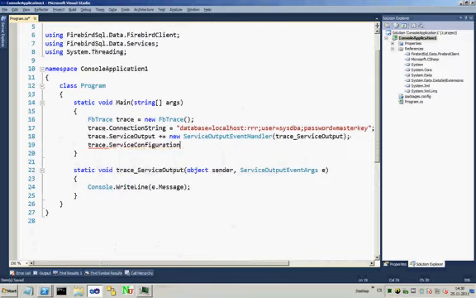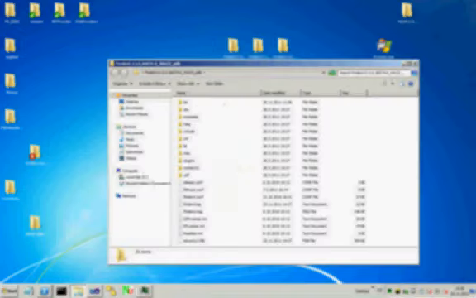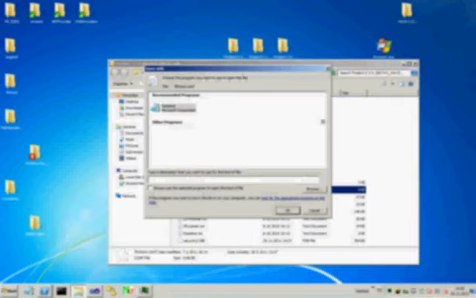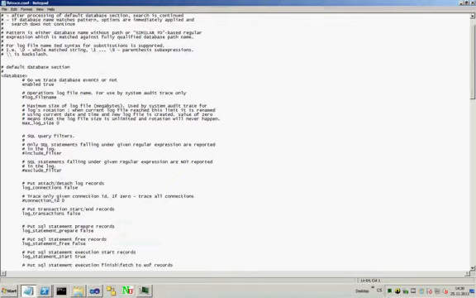And then I need to provide the configuration for the trace. If you look at the Firebird server installation directory, there is an fbtrace.conf file. It's a kind of sample file where you can find all the possible options you can use. You can enable or disable, of course, the logging or the tracing. You can specify a log file name if you are using audits, and the maximum log size, because you probably don't want to fill your disk with the